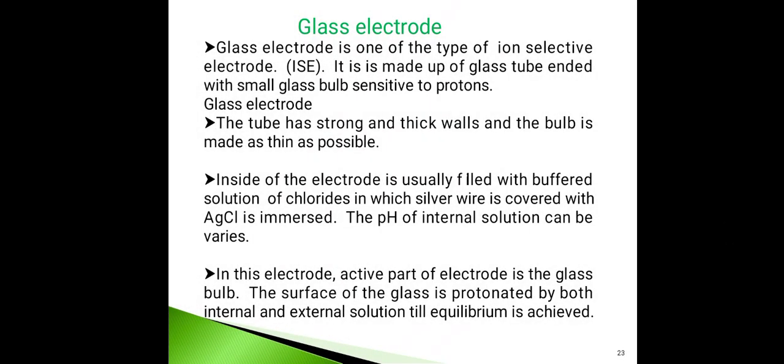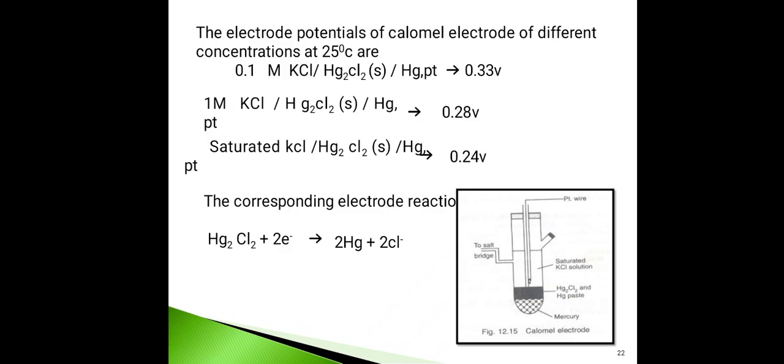And if we write the Nernst equation for this chemical reaction of the calomel electrode, then it is written as E cell is equal to E naught plus 0.0591 by n log Cl minus concentration,